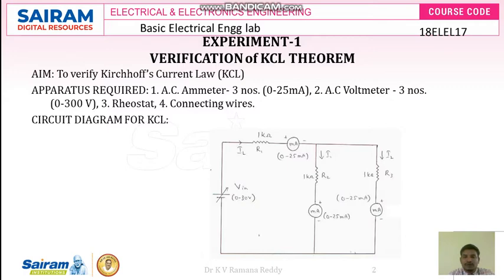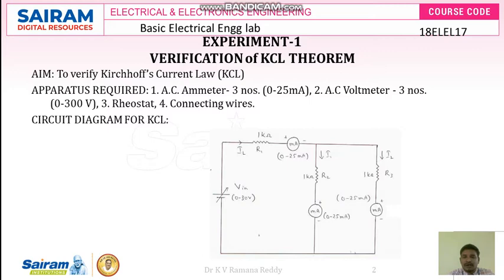If you see this circuit diagram, here there is a voltage source. Generally, to make this voltage source, we choose a regulated power supply whose rating is 0 to 30 volts. It is the input voltage, and here we are going to take 3 rheostats: one is R1, another is R2, another is R3, and here there are 3 ammeters. One is the main ammeter which is connected in series with R1, and the remaining 2 ammeters are connected in series